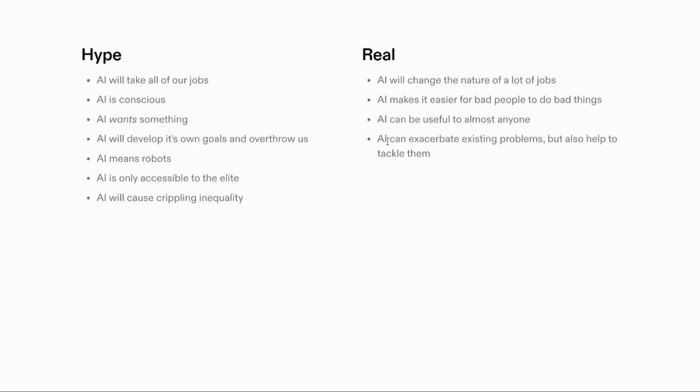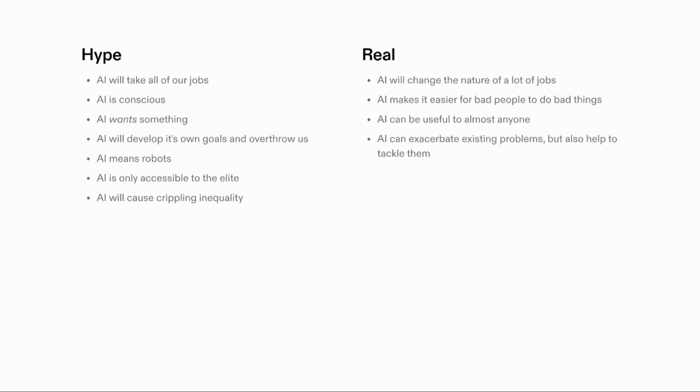Another thing that's real is that AI can exacerbate existing problems. So, maybe it's bias or problems which exist in the algorithms which really run our lives all the time right now. Maybe it's just bias or preference for the kind of content you consume, which gets recommended to you, that kind of thing. AI can make that stuff worse. And that's an area where there's a lot of development going on and a lot of opportunity to build companies to solve that problem. But as I said, it can also help tackle these issues. And it's a great tool to do that because it has a lot of general understanding, which is useful for a lot of real world problems, which involve humans, who do all kinds of things all over the place.